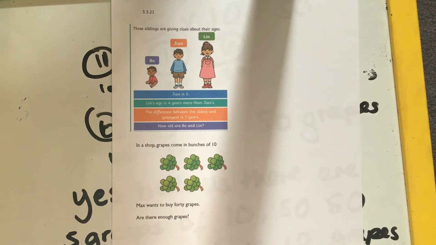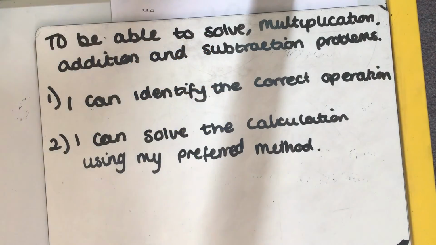So use your knowledge of addition, subtraction and multiplication to solve some of these problems. You're going to have to work out for some of them what you need to do. Do you need to do multiplication? Do you need to do subtraction? Or do you need to do addition? Give it a go. Some of these will be quite tricky, but I want you to really challenge yourselves and try your best. Once you have finished the problems, don't worry if you didn't do them all. You just had to do as many as you possibly could in the lesson and try your best,